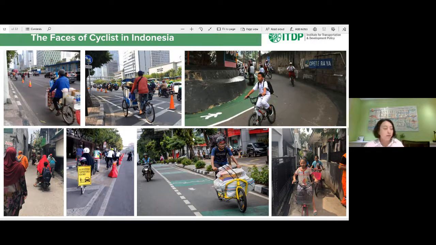And then we also have cracker sellers, and bread sellers who still use bikes for economic reasons. And then we have students cycling to go to school, and we also have the bike messengers.